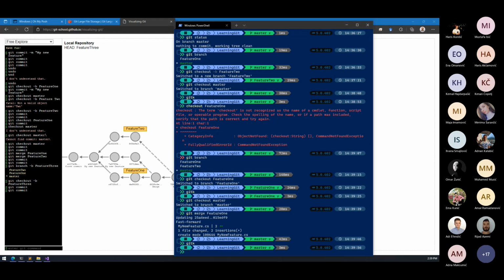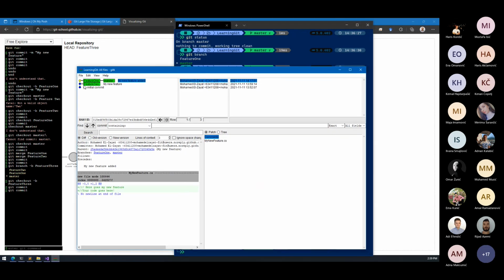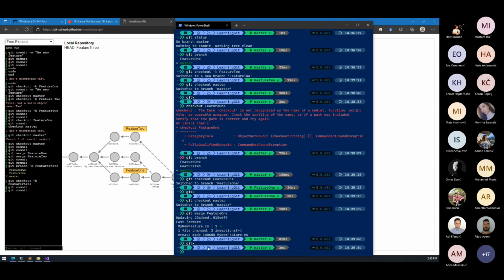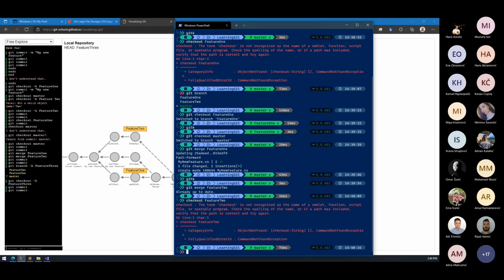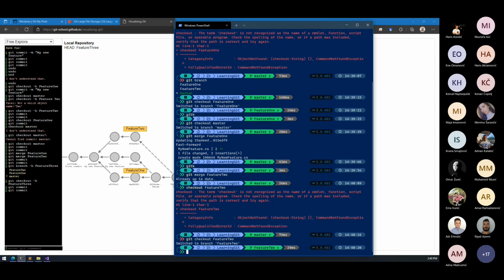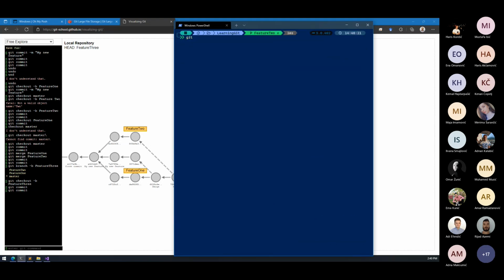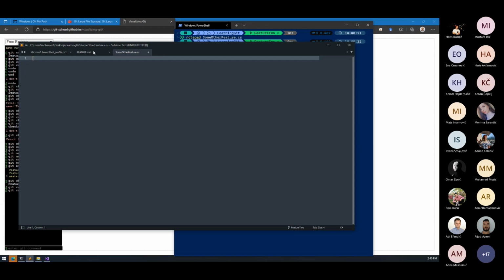If you look at gitk right now, it looks like this, right? And if I go ahead and say git merge feature 2, feature 2 is already up to date, so it doesn't have anything. So checkout feature 2. And then I can just simply say notepad some other feature.cs, and I simply create here some other feature